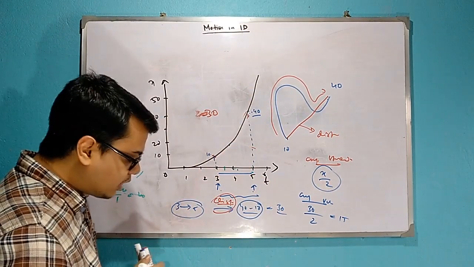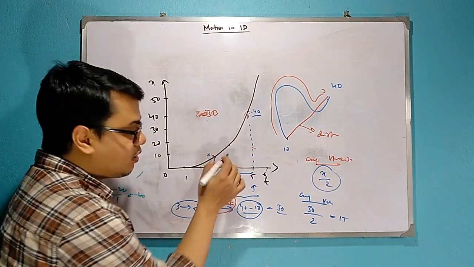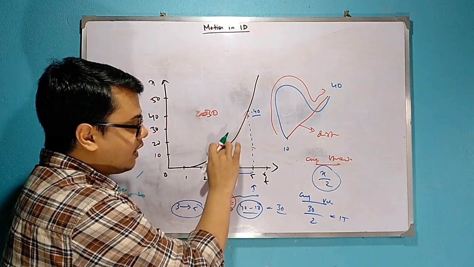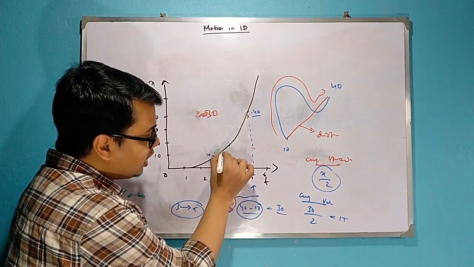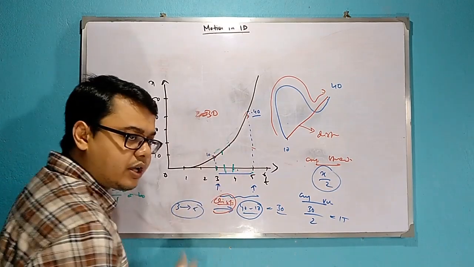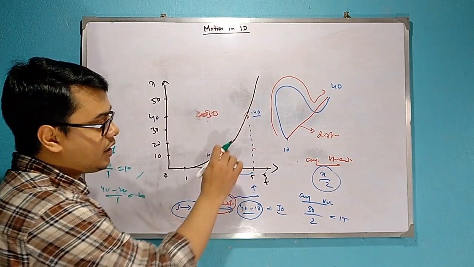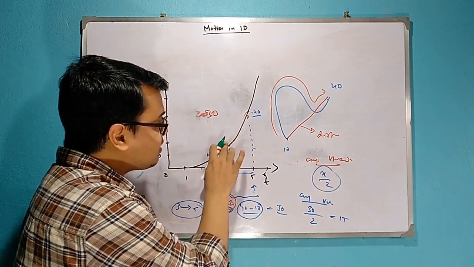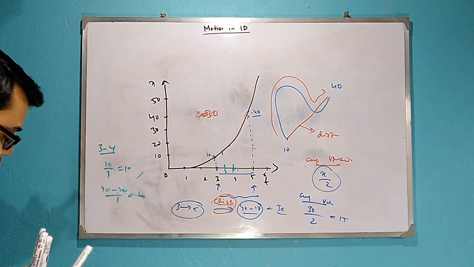So which one will you take? The speed I had here, I am not at that speed here. Now if we take between 3 and 4, again between 3 and 3.5 its rate was 1, and between 3.5 and 4 the rate was different. So to determine this, there is a concept of instantaneous velocity.